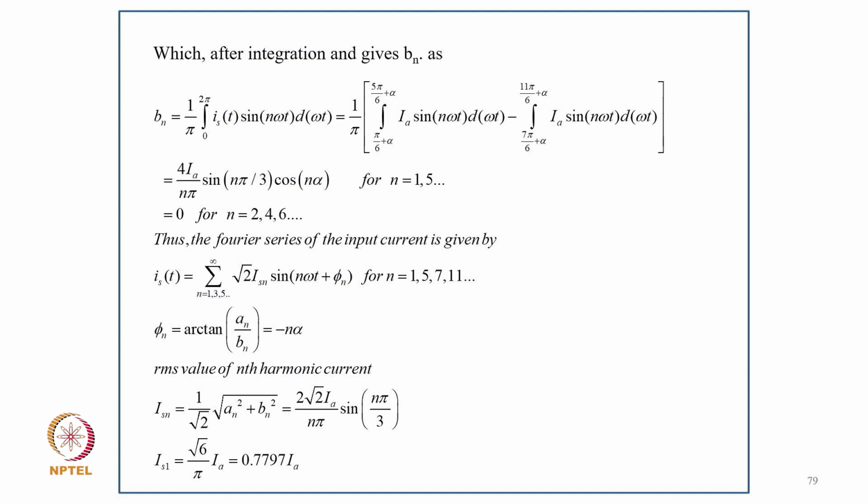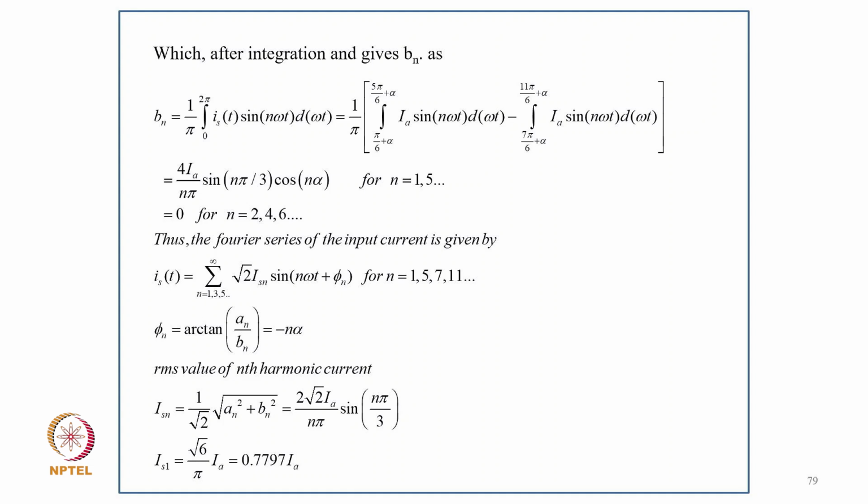So Bn equals 1 upon pi integral 0 to 2 pi of Is sin n omega t d omega t, and putting the value it becomes 4 I upon n pi sin n pi by 3 cos n alpha for n equal to 1, 5, 7, and 0 for n equal to 4, 6, and thus the Fourier series of input current is given by Is equals sum over n equal to 1, 5, 7 to infinity of root 2 Isn sin n omega t plus phi n, and phi n equals an upon Bn, that is minus n alpha, and the RMS value of n harmonics Isn equals 1 upon root 2 and